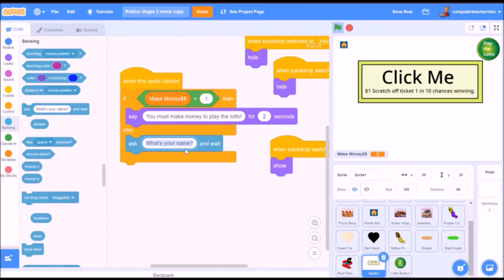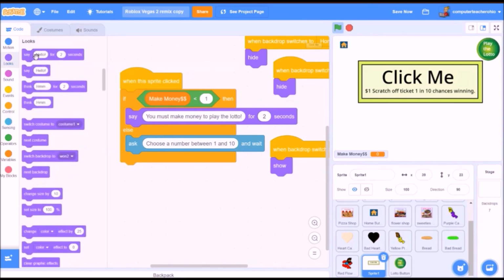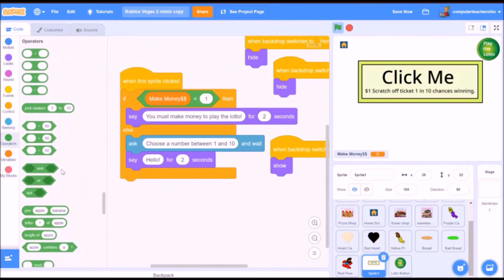Else, choose a number between 1 and 10. That's better wording. Between, I like that better. So when this sprite is clicked, if your money is less than 1, you can't play. Else, you're telling the person to choose a number between 1 and 10. Then you're going to say